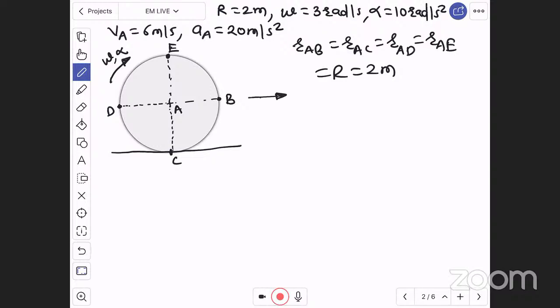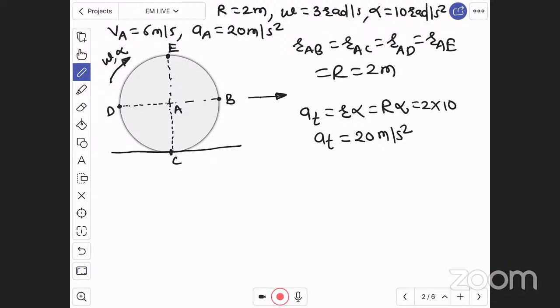Therefore, tangential acceleration at each and every point, which is nothing but radius R into alpha, will be equal to capital R alpha, right? Because for each and every point the R is at the same distance. Which is nothing but R is 2, alpha is 10. Therefore tangential acceleration for each and every point will be equal to 20 meter per second square. This will be your tangential acceleration for B as well as C as well as D as well as E